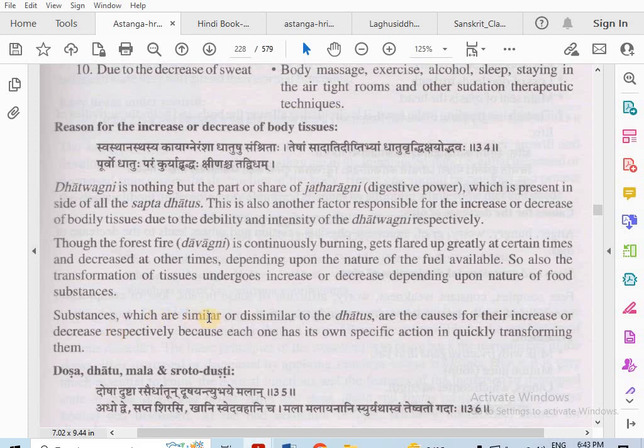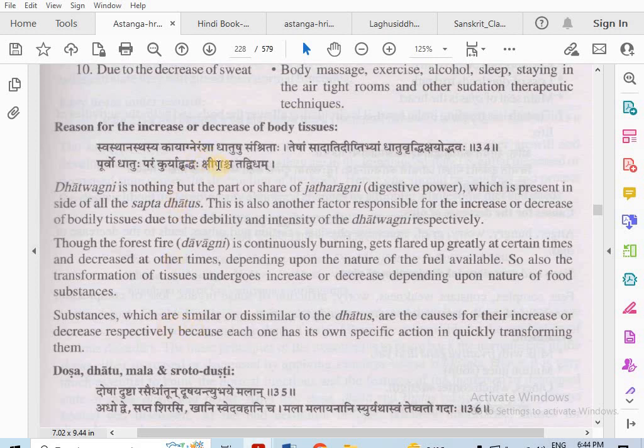Substances which are similar or dissimilar to Dhatus, whatever the food, different types of Aushadhi we are taking, fruits, all these substances which are similar or dissimilar to Dhatus are the causes for their increase or decrease respectively, because each one has its own specific action in quickly transforming them. Okay, so this is also the reality. However, this statement is given,